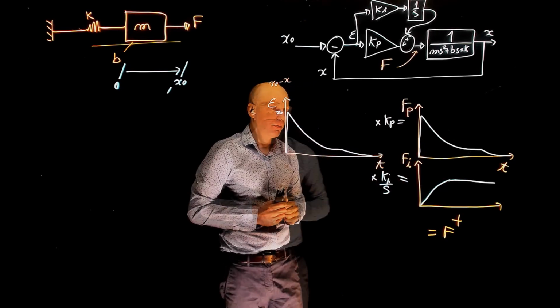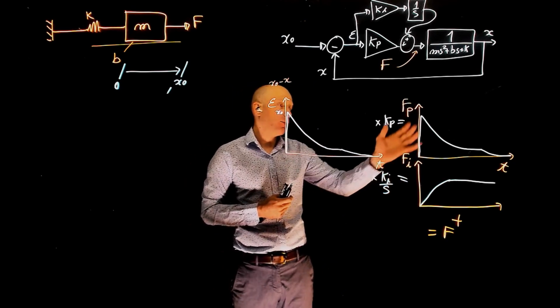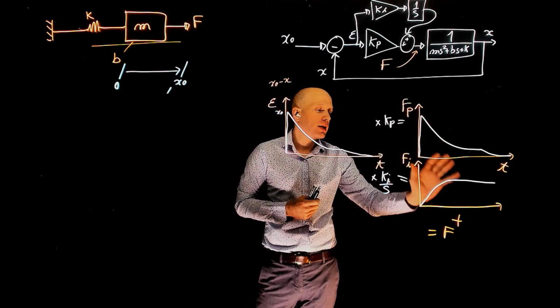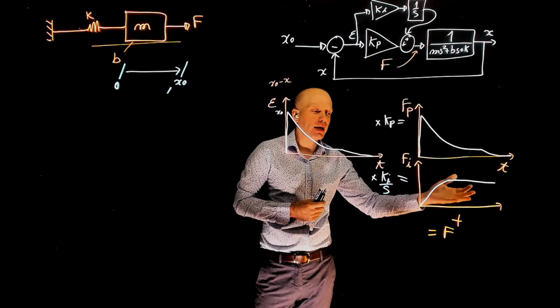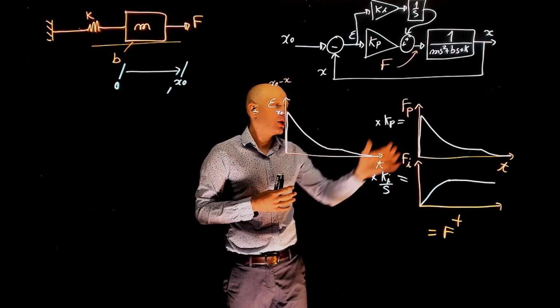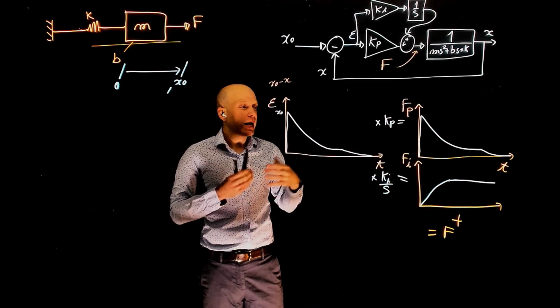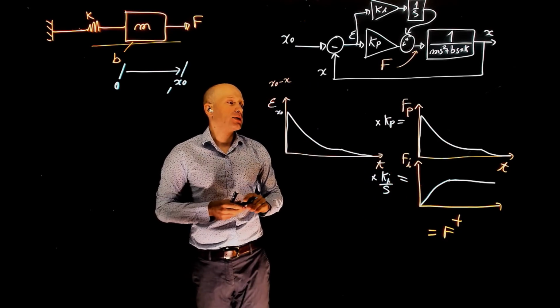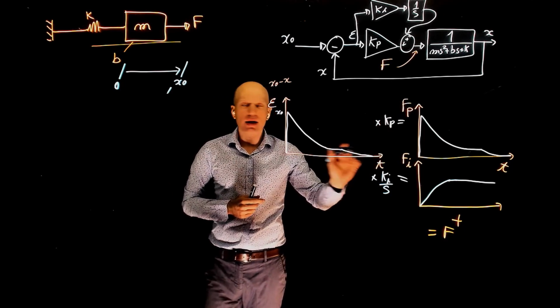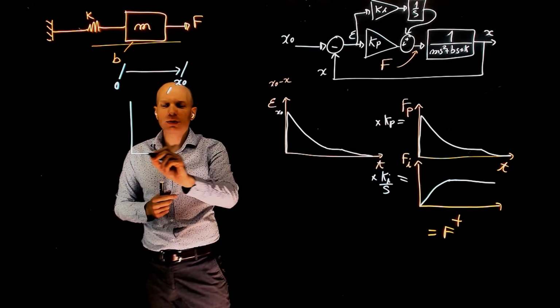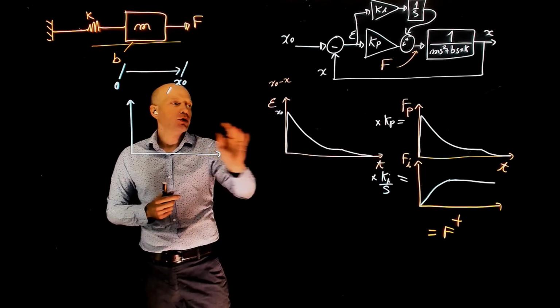at x0. Of course, here we made an assumption that the proportional gain would start and then the integral gain would start after that. But in reality, that's not how it works. They will both work at the same time. And that's where the problem of overshoot arises. If we look at, say, a temporal response for the proportional part,